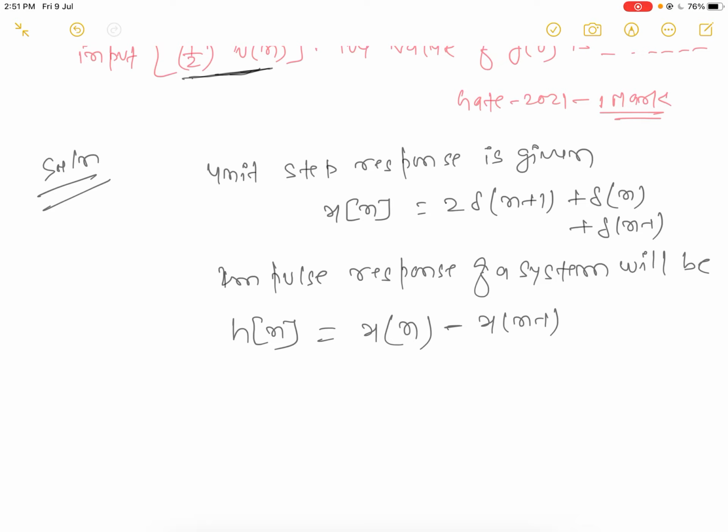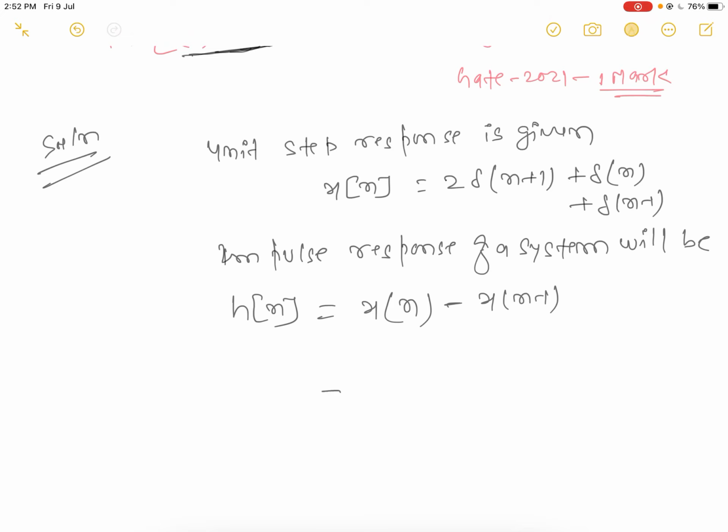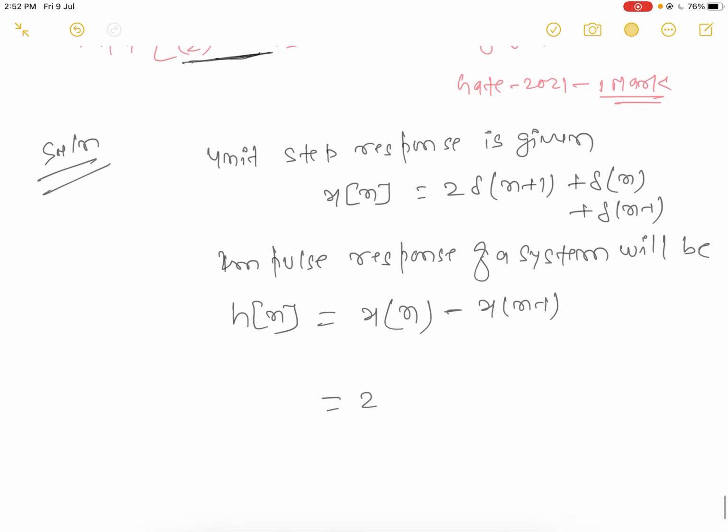Why are we finding the impulse response of the system? Because the impulse response of the system is nothing but the transfer function of the system. When we know the impulse response, then if we apply any different input, we simply take the convolution with that response and we will get the resultant output. So x[n] will be 2 del n plus 1 plus del n plus del n minus 1